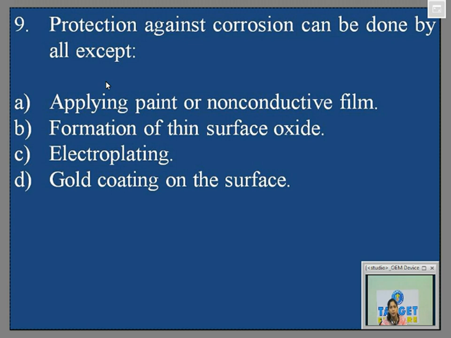In fact, even when you want to take impressions and pour them in a suitable material, suppose you are taking an elastomeric impression and you want to pour it in a gypsum product, at that point of time also you ensure that you are electroplating with a material that will be compatible with your gypsum, with your dental plaster, dental stone. So electroplating is a better or more stable option than gold coating on the surface. Gold coating, as I said, is a very soft material, it gets easily scratched or peeled off. Not any coating which is electroplated will be as soft or as easily scratchable as compared to gold. So yes, the answer is gold coating on the surface.